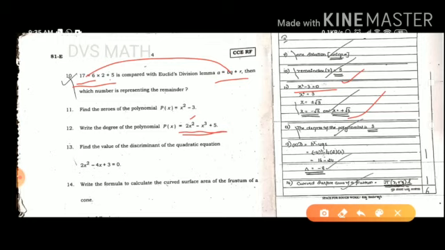So here after that there is 3, the highest power is 3. So the degree of the polynomial is 3. Please don't write only the answer 3. Please maintain the sentence: the degree of the polynomial is 3. Underline the 3 value. See how nice it looks. Please maintain the same paper.